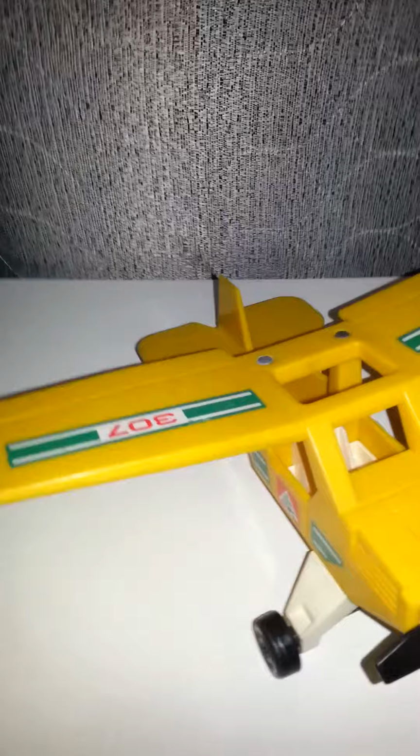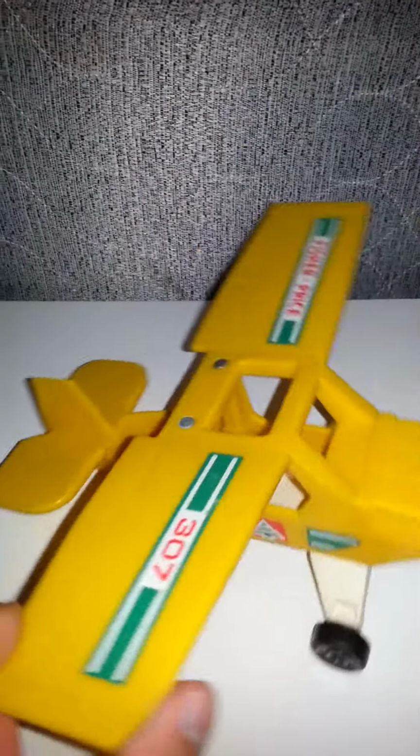Alright, this next item that I want to show you is actually one of my favorite pieces of toy collectibles that are out there, especially if you like these. This is a really cool 1976 Fisher-Price plane. It's all yellow and everything seems to be intact on it. There are no people on it, but that's okay. Comes with a little spinning propeller here. On the bottom, it is marked...